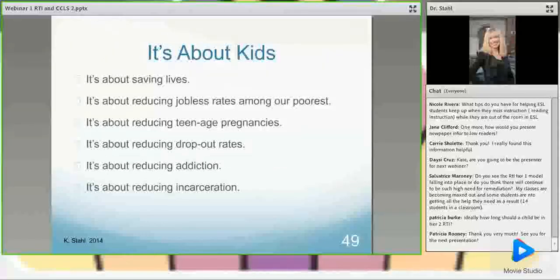I see the next question. Ideally, how long should a child be in Tier 2? Well, Patricia, ideally, a poor child should never have to be in Tier 2, but that's not the reality of what's happening. And so some children,